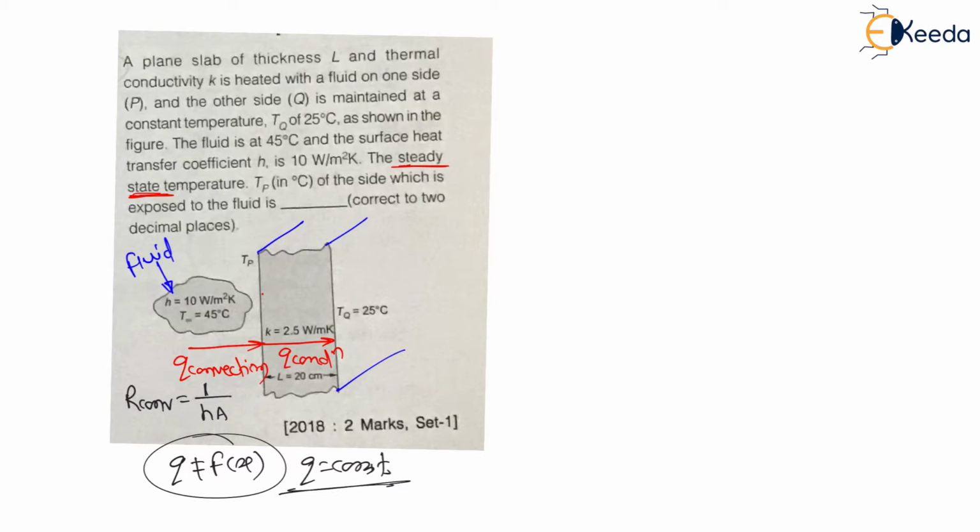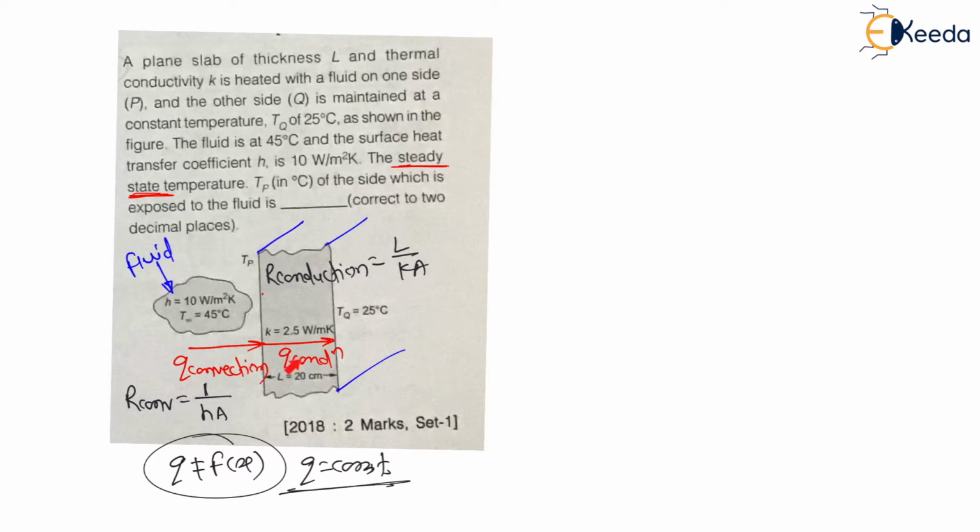And my dear students, here for this conduction heat transfer, there will be a conduction resistance, and that will be written as R conduction, and R conduction is nothing but L divided by kA, that already we have seen. And here area is nothing but the perpendicular area to the direction of heat flow, which is again height into width. Here the area of convection as well as conduction will be same.